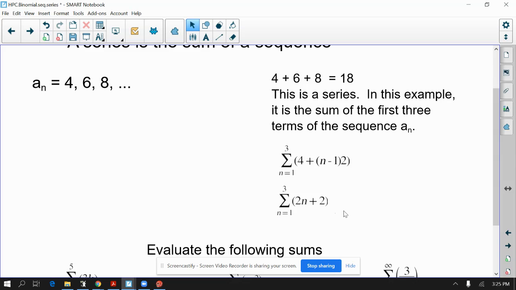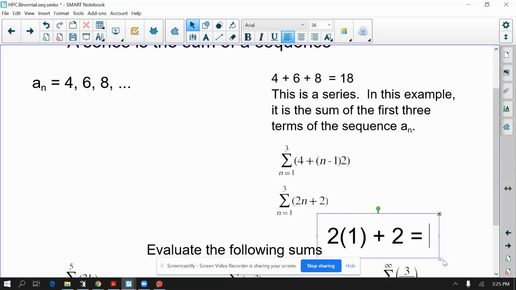But when you see this, I want you to kind of practice seeing it as a sum. You need to add something. And let's just do this very quickly. We start when n is 1. Well, if n is 1,